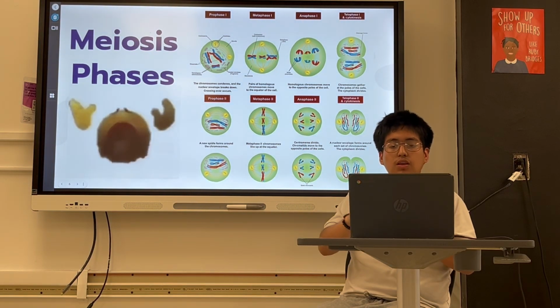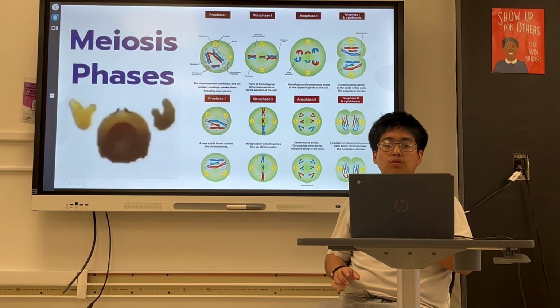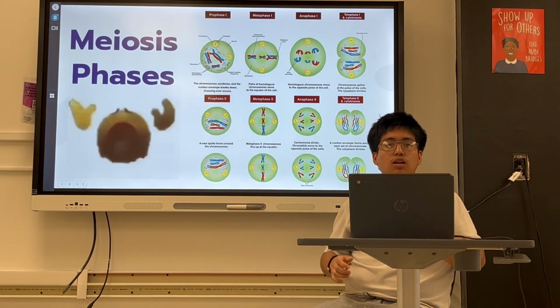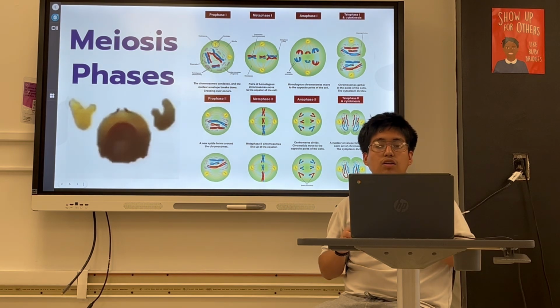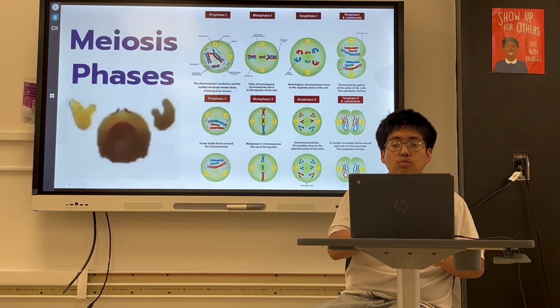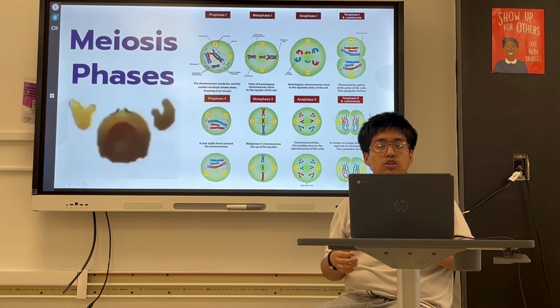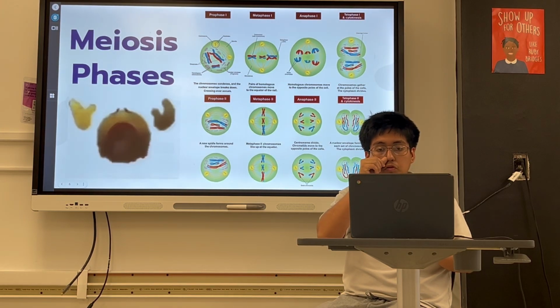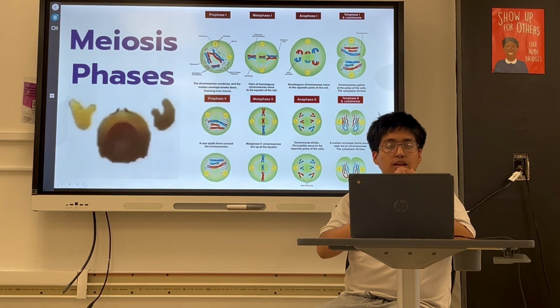In anaphase 1, homologous chromosomes are now separated and being pulled toward opposite poles of the cell by spindle fibers. The sister chromatids, however, remain attached at their centromere and do not separate during this phase itself. The separation of homologous chromosomes reduces the chromosome number by half, making meiosis a reduction division. The movement of chromosomes during anaphase 1 ensures that each future daughter cell receives only one chromosome from each homologous pair. Telophase 1,